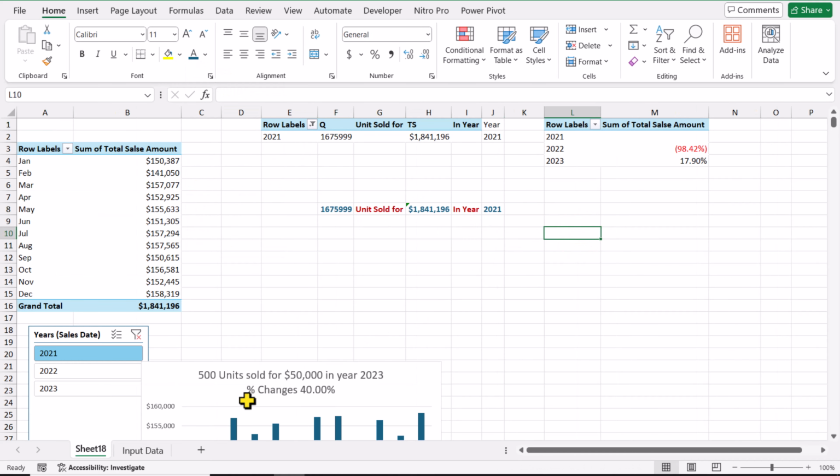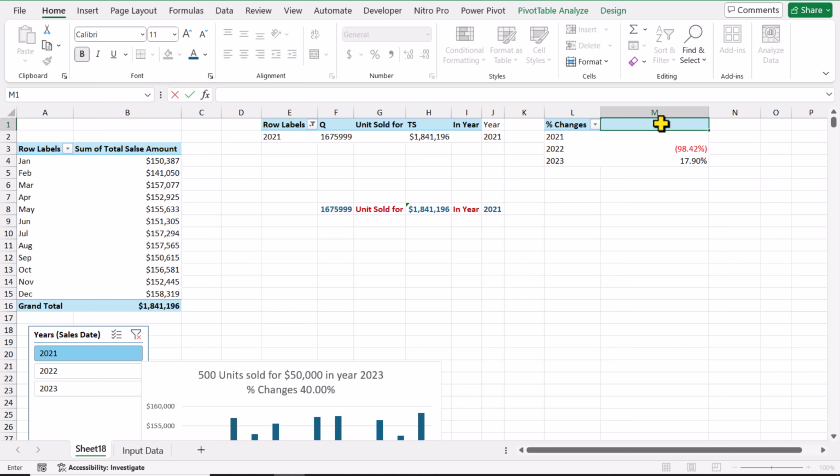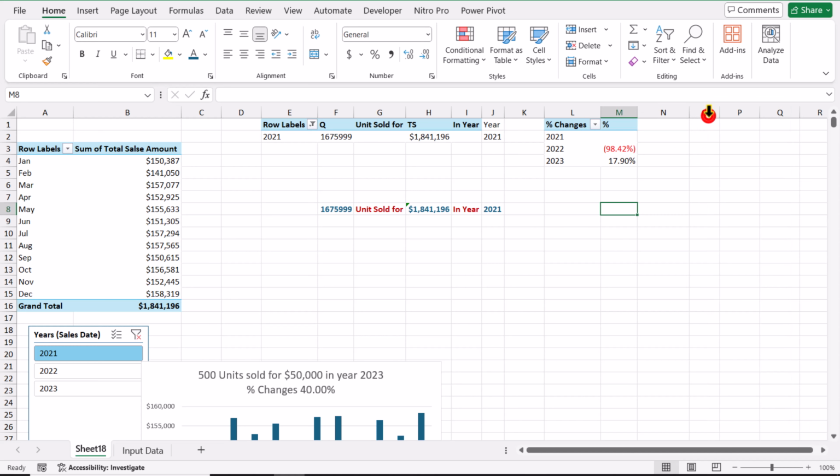Now we need to build the next line title. So next line is actually percent changes and the number. So instead of this row label, I will simply type percent changes. Instead of this title, I will make a very small title, let's say percent, because I want to auto fit based on the number. Simply double click for first time to auto fit. And now I will simply type equal, click on L1 percent changes,